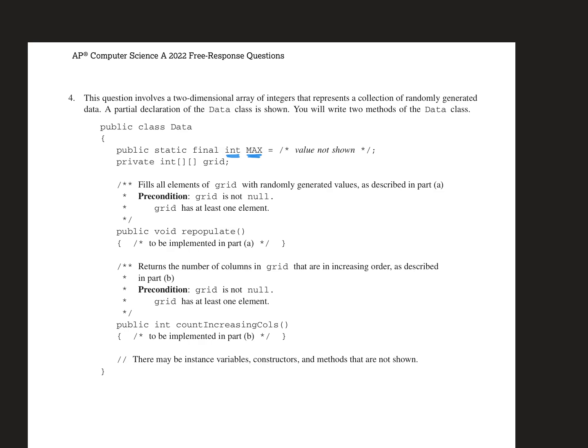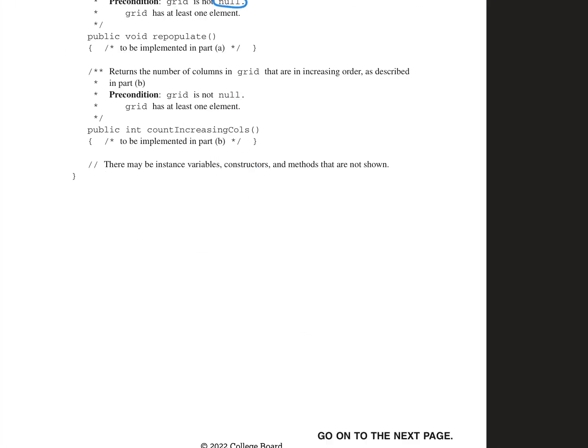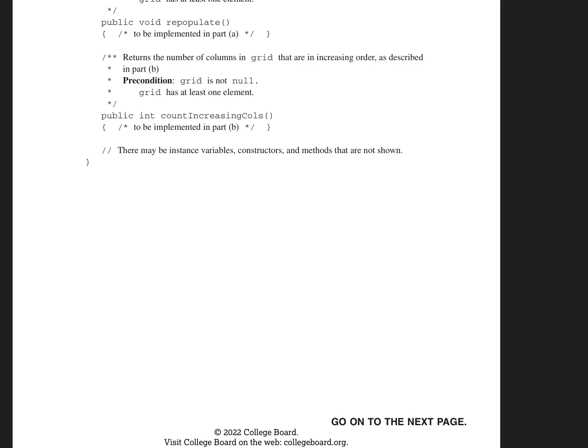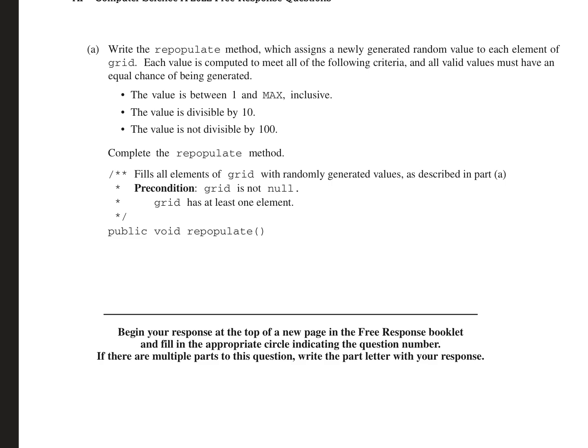We have a 2D array called grid. It tells us that grid is not null, so we don't have to worry about the null exception. And for part A, they want us to write public void repopulate. So what's going to happen here for repopulate, we're going to have our matrix, and it wants to repopulate this matrix